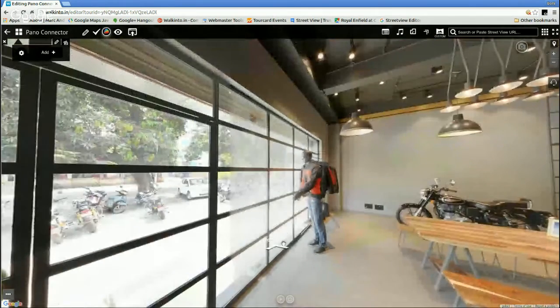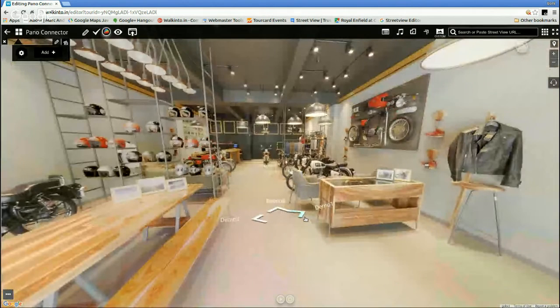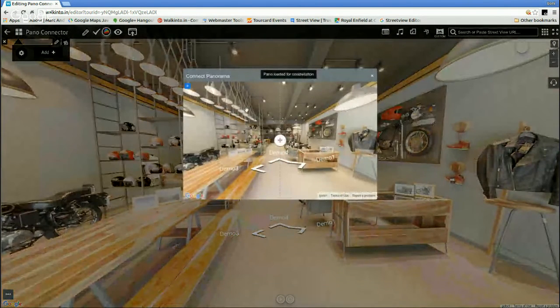Okay, so this is not really an accurate demo. What I wanted to show is adding panos. Orienting it is easy. You can edit it, you can delete it, and connect it together. So simple enough. Two widgets that are added. One, the orientation editor itself. The way to access it is if you're on a scene on a custom pano and you click on it, it will come up and you can directly go and edit it. There is a slight bit of instability on the street view, direct street view arrow editing from this widget. So hence we haven't released that part yet. On the custom panel, connecting and editing is working beautifully.